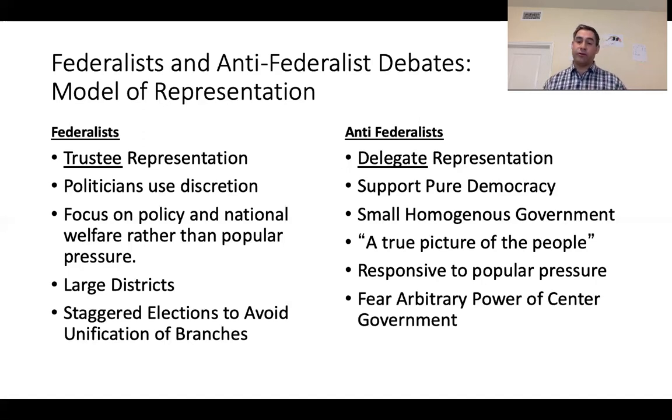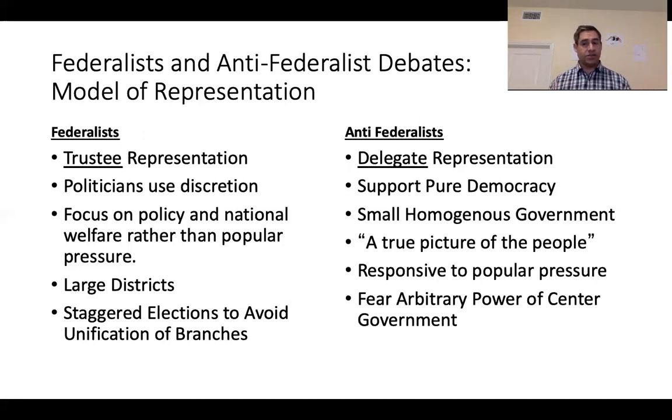They favor what we refer to as delegate representation. They want the elected official who serves them in Congress to make the decisions that they instruct them to make. We delegate to you the responsibility to do what we want. And in fact, this distinction between trustee and delegate